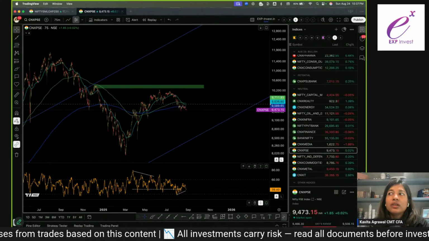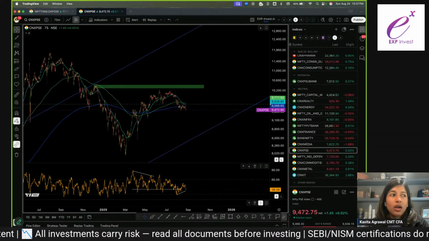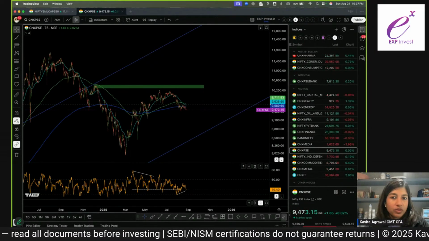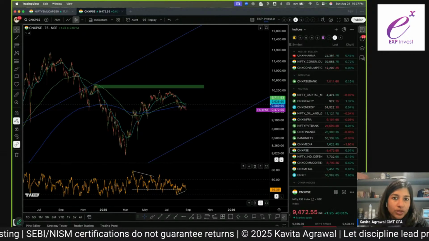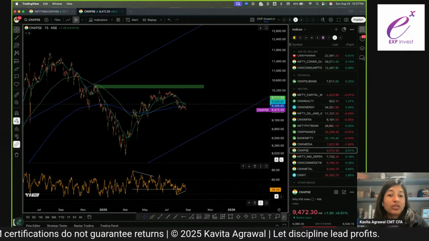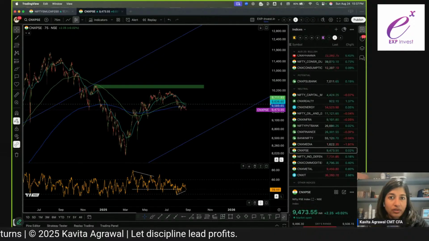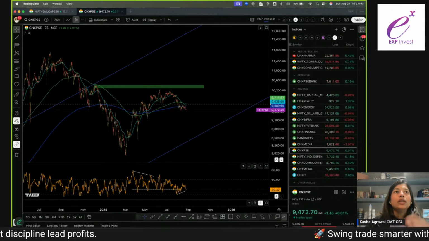So if getting into the corporate world or getting jobs is your main focus, then I think you should do CMT and CFA both. But if you want to do your own thing, if you want to trade for yourself, if you want to use technicals the way it is supposed to be used, if technical analysis is your objective, then CMT can be pretty useful for you. All right.